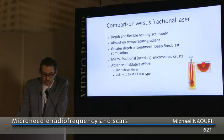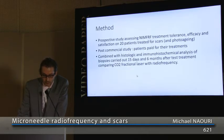The fractional microneedle radiofrequency has a depth and flexible accuracy. There is almost no temperature gradient. We have greater depth of treatment with deep fibroblast stimulation. With the use of microneedles, we have microscopic crusts. It's a microfractional procedure, and we have the absence of ablative effect with short downtime and the ability to treat every skin type, even dark skin types. So our study